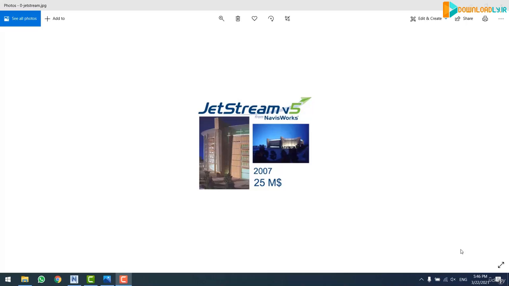Actually, right now, as you can see on the screen, Navisworks was previously called Jetstream, which was produced by the company of Lightwork Design. It was sold to the company of Autodesk in 2007 at the price of $25 million. And if you check the past of the Autodesk company, you will see that Autodesk has purchased other companies' products, like Mental Ray, which was purchased by Autodesk and then added to 3D